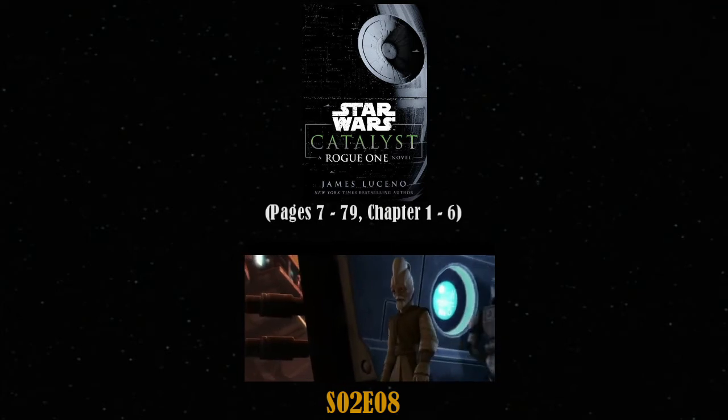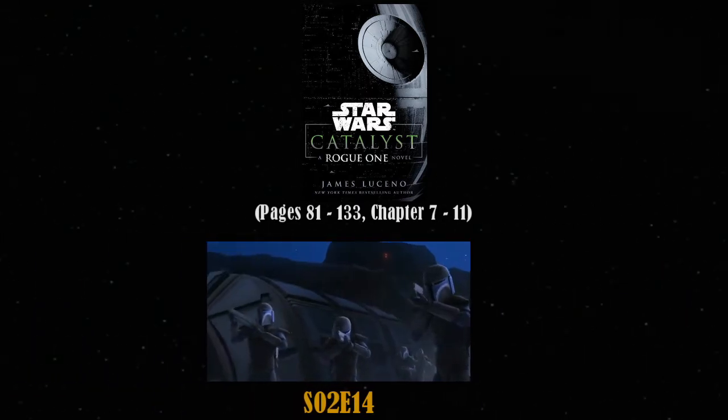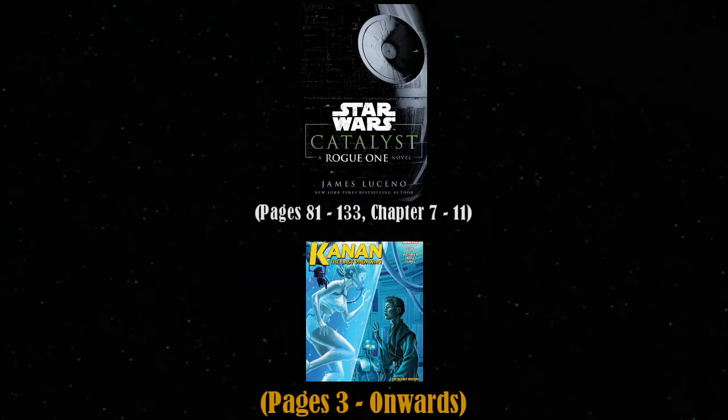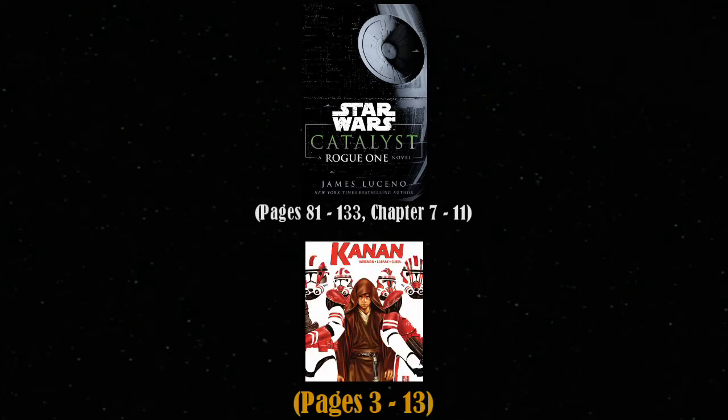But we are up to the next section of Star Wars Catalyst, a Rogue One novel, reading pages 81 to 133, which is chapters 7 to 11, while watching the Clone Wars Season 2 Episode 9 through to Season 2 Episode 14, reading pages 3 onwards of issues 7, 8, 9, and 10 of the comic book Kanan the Last Padawan, and then reading pages 3 to 13 of issue 11 of Kanan the Last Padawan, before going on to